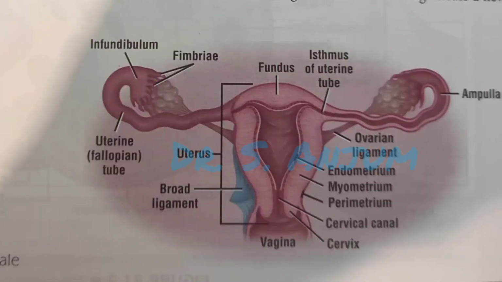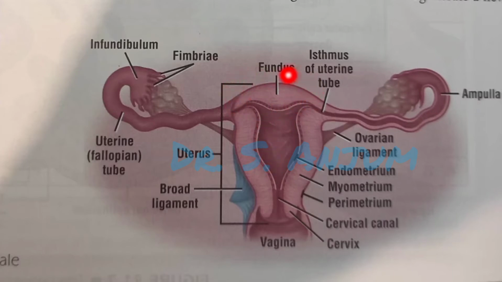It is another diagram. So, the uterus is three layered from inside outward. The innermost is endometrium. The mucous layer is called the endometrium. Then the thickest muscle layer is called myometrium, and then the outer serosal layer is called perimetrium. So, here you can see it is endometrium, then myometrium, and then perimetrium. The cavity of the uterus is triangular on cross section. You can see here it is triangular.